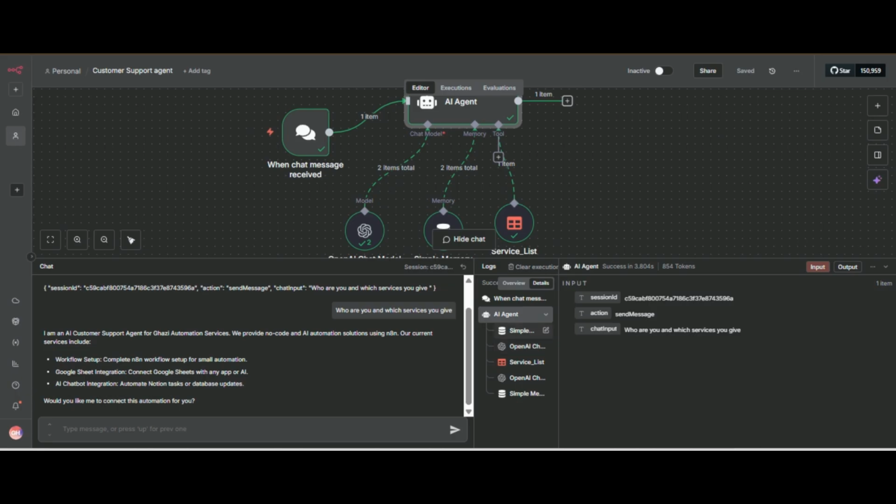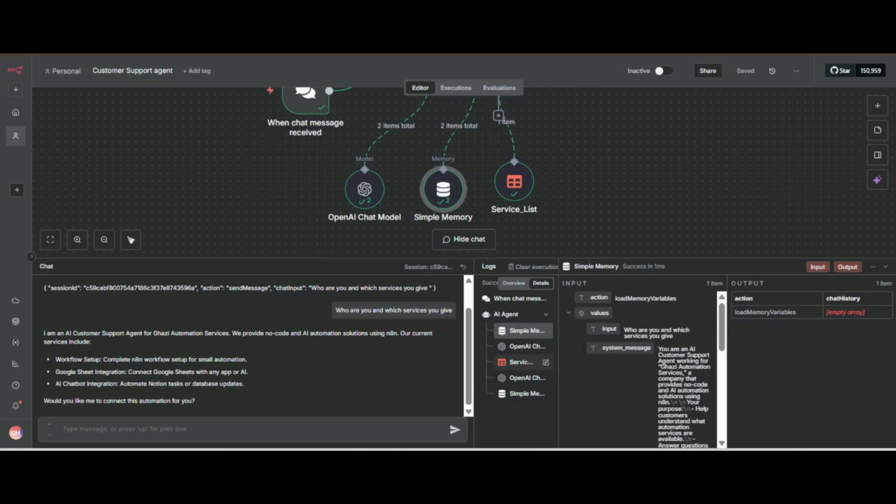I have explained simple memory more, like we have already checked. If I again ask the question, it will give the answer based on the past history. Now if we give the AI agent the ability to book an appointment, it will also use the tool.